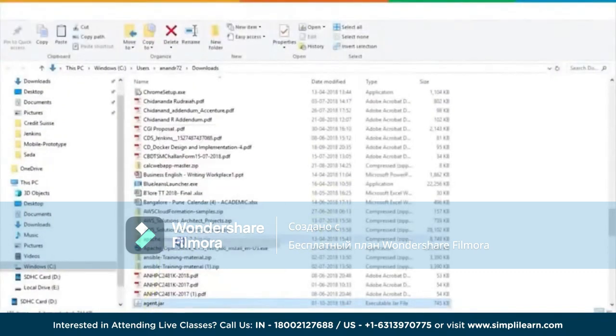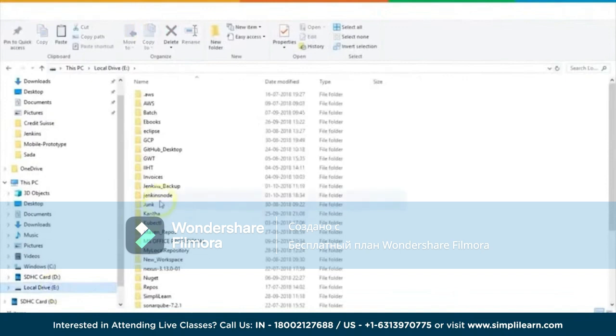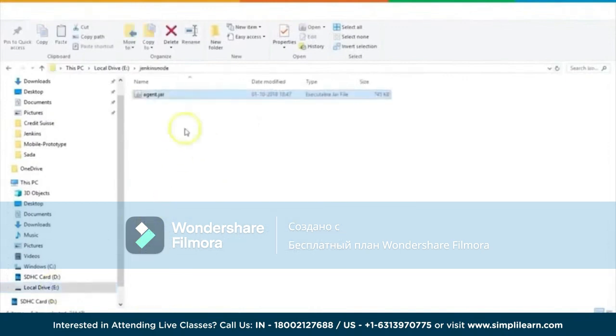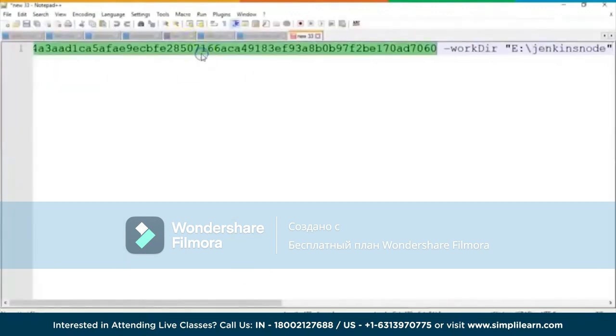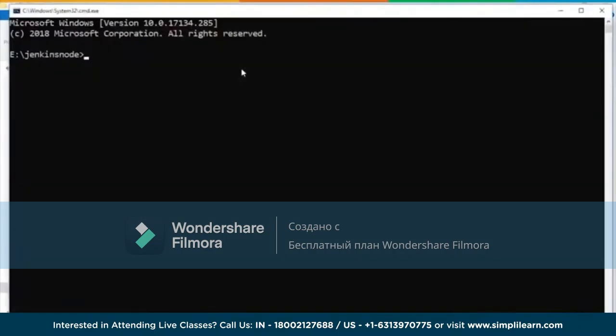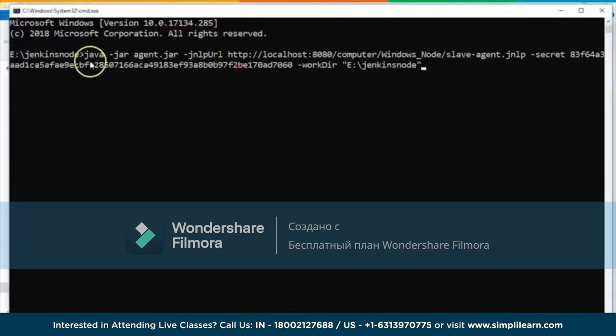I copy this, or rather I cut this. I come back to my folder, my Jenkins node. I paste it here. Okay. So now with this provisioned agent.jar, I need to use this whole command, Control A, Control C, and then launch this particular agent. So let me bring up a command prompt right here and then launch it. So in the same folder where there is agent.jar, I'm going to launch this particular agent, java -jar agent.jar,